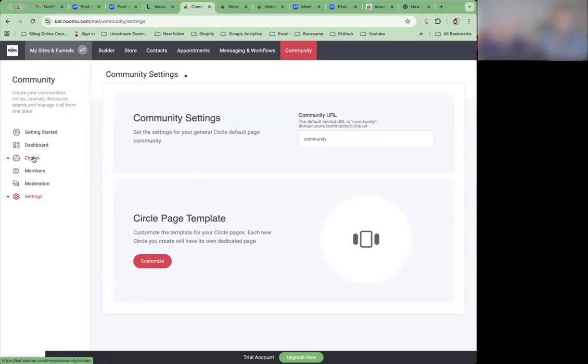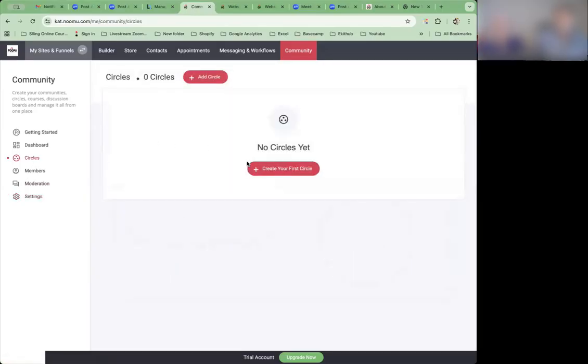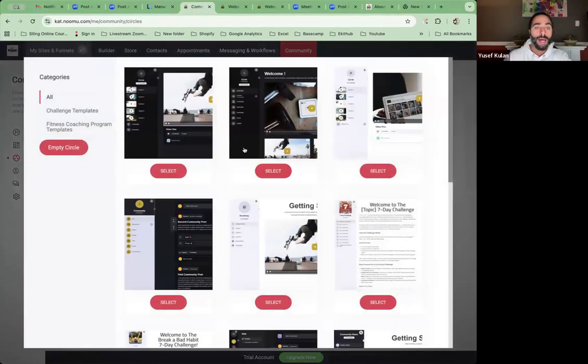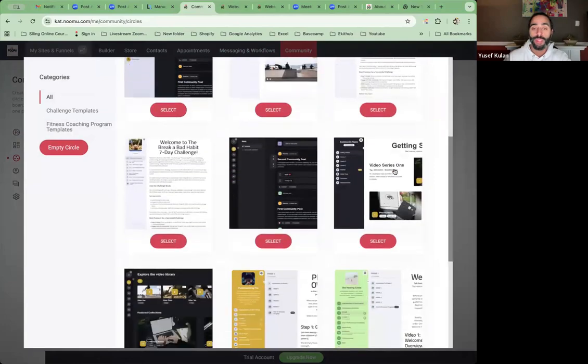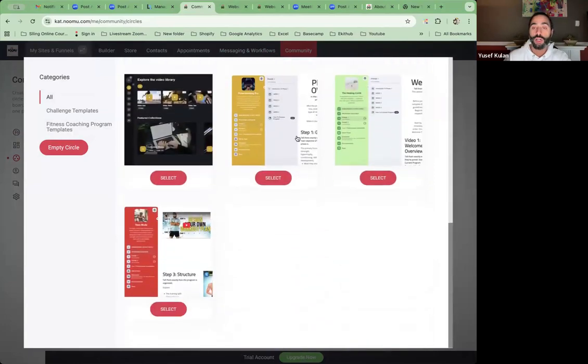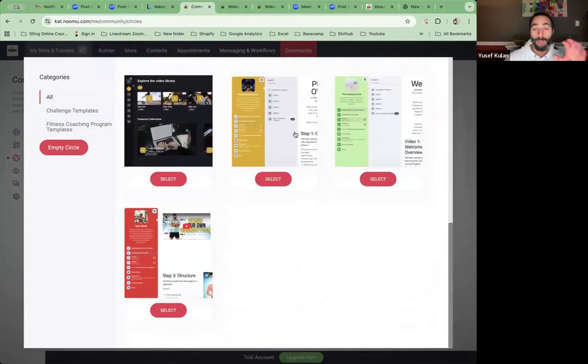For now, let's just start with creating a circle, and all you would do is go here, community, circle, and then create a circle. Here you get a few templates that you can choose from. The ones that we've created recently are the ones that apply to the course idea. So if we want to create courses,